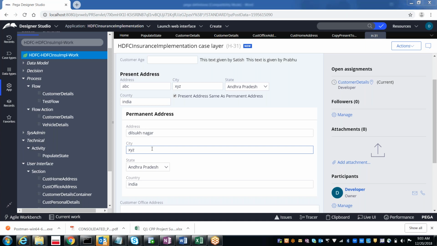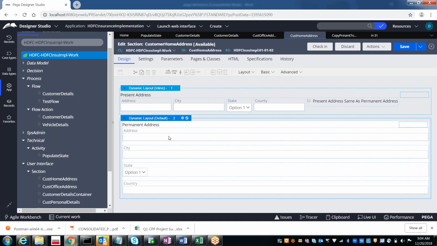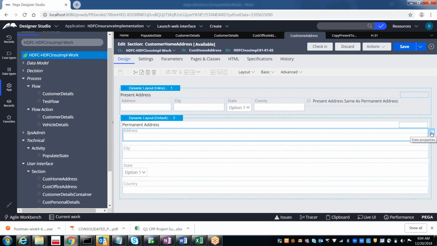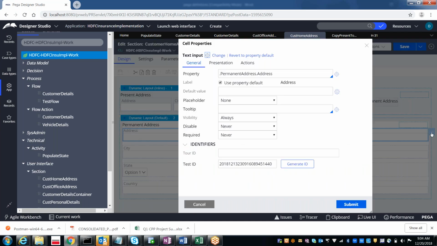Okay. So again, how exactly can we do this? Earlier for displaying this layout, we applied the visible condition. Now, on click of this checkbox, we don't want to hide this layout, but only these properties should be read only. Okay, so read only means what? Here it is disable. So how can you do the disability? Go to that. Select the control. So instead of the visibility, we have disable.